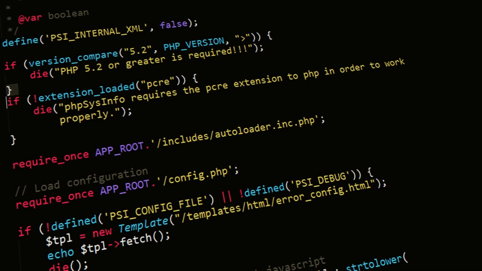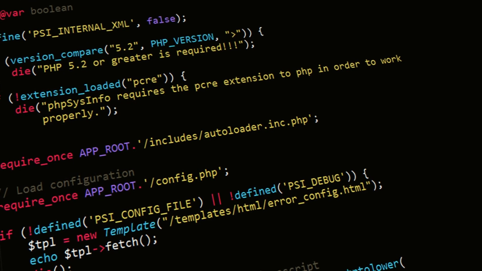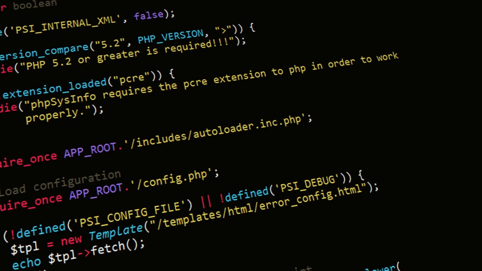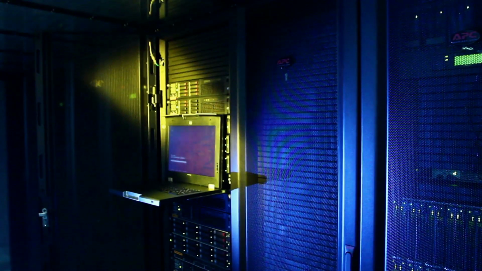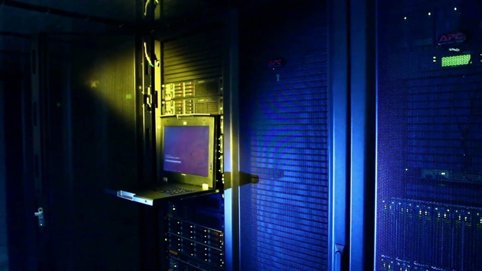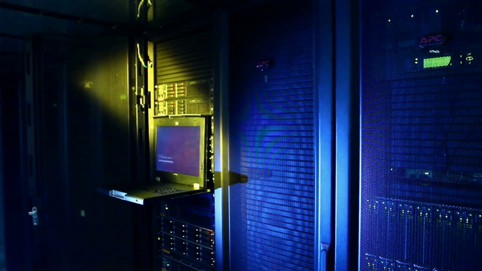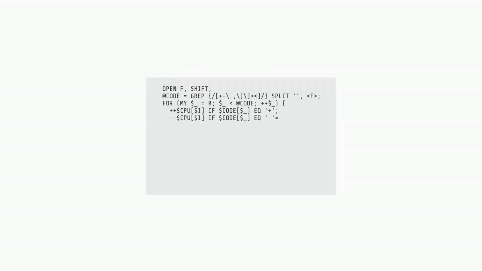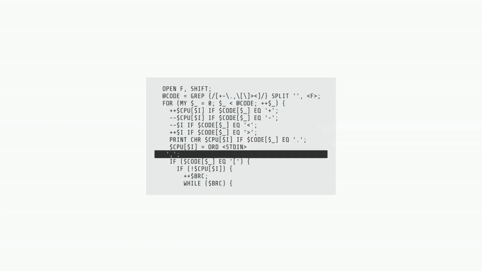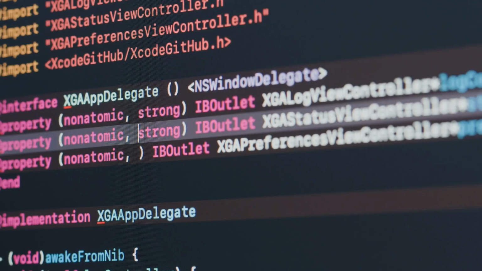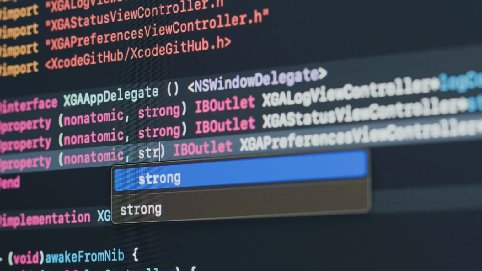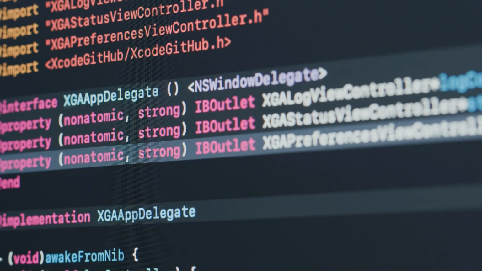For those interested in web development, PHP is a server-side scripting language that powers a huge chunk of the internet. It's often used alongside databases to dynamically generate web content. If you're an Apple fan and want to build apps for iPhones, iPads, or Macs, Swift is the language for you. It's designed to be fast, safe, and easy to learn, making it a great choice for both beginners and